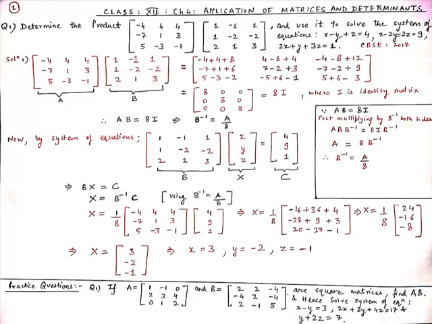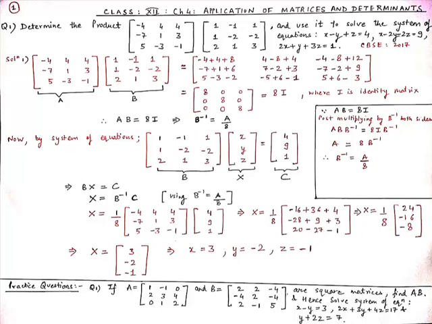Now we will take all the elements of row R2 of matrix A and multiply it with column C1 of matrix B. Students, we get -7 into 1, -7, and then +1 into 1, +1, and then 3 into 2 is +6. Now we multiply the second row of A with column C2 of B. From here we get -7 into -1, 7, and then 1 into -2 is -2, and then 3 into 1 is +3.